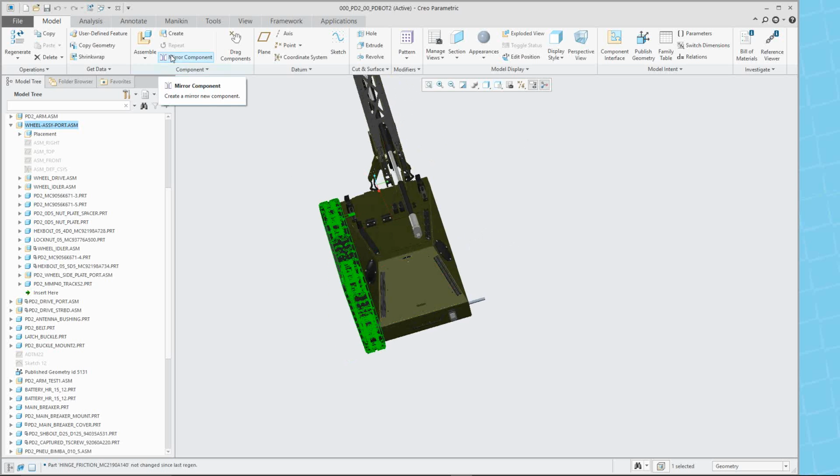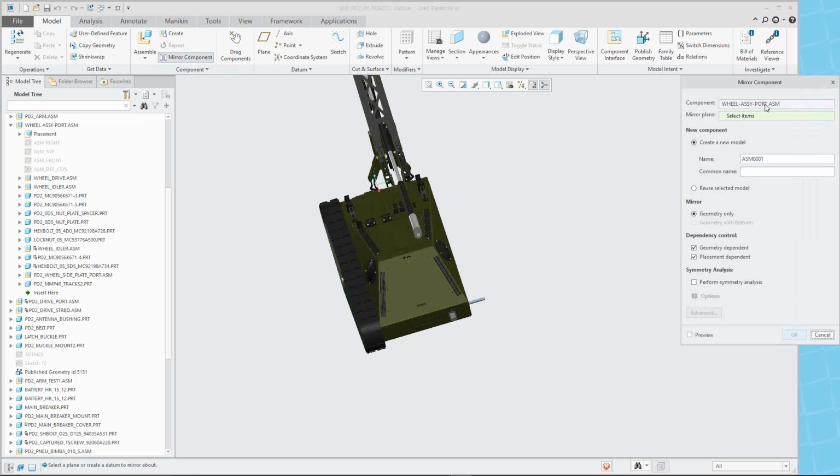So what I'm going to do is select on that. I have it selected. I'm going to say mirror component. And this is the component that I'm mirroring. I'm mirroring it about the,